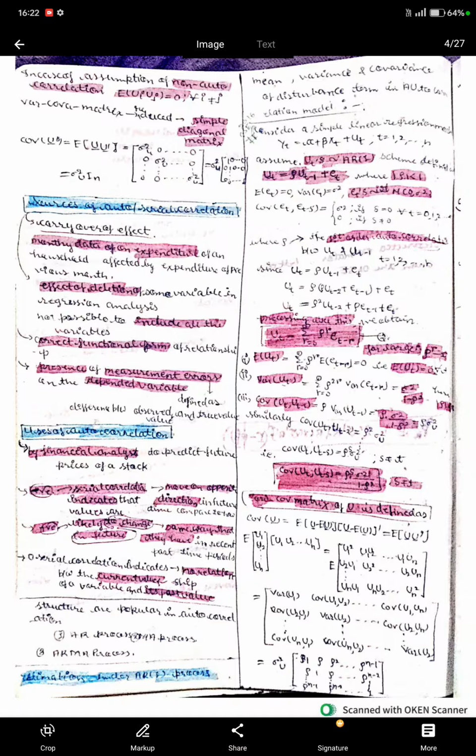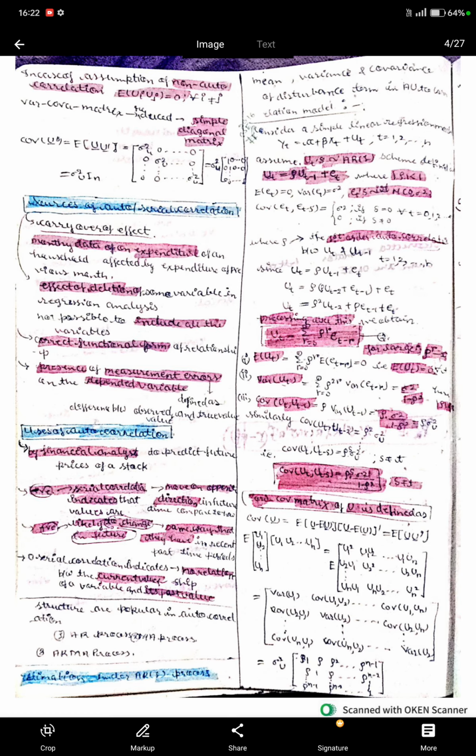Expectation of u_t equals summation r from 0 to infinity rho to the power r expectation e_{t-r}, which equals 0. Since expectation of u_t equals 0 for all t. Variance of u_t equals summation r from 0 to infinity rho to the power 2r variance of e_{t-r}, which equals sigma squared e upon 1 minus rho squared, where mod rho is less than 1,